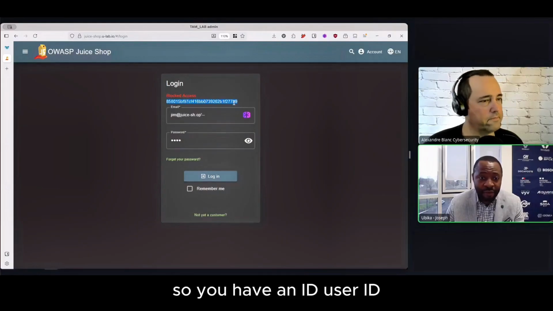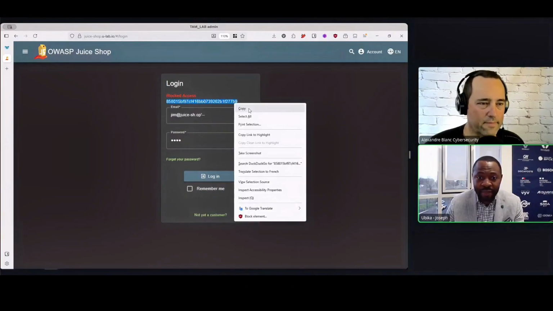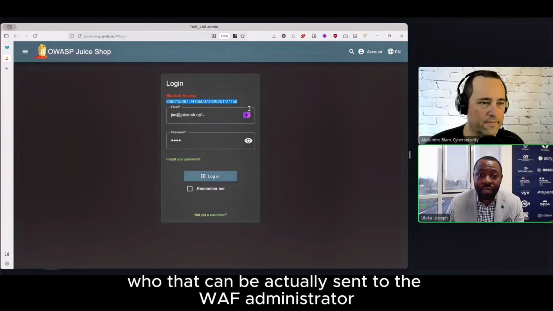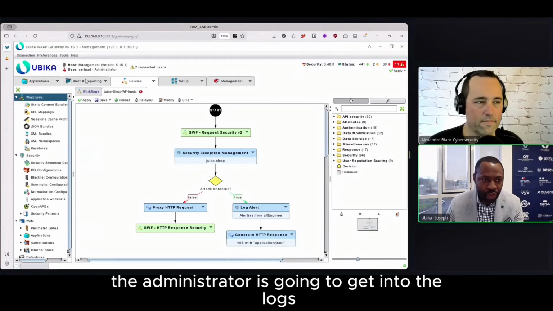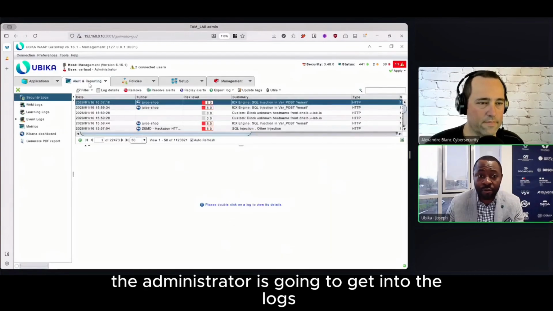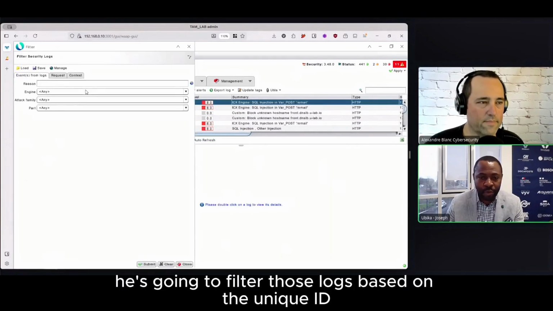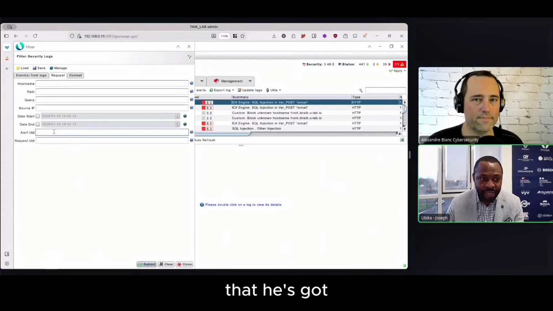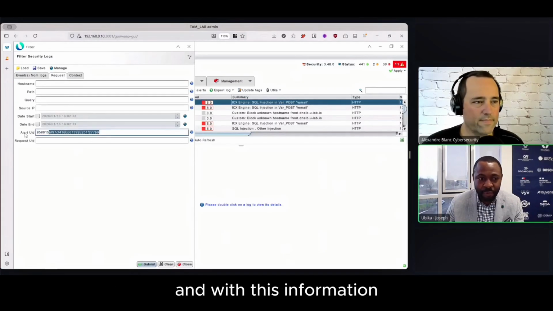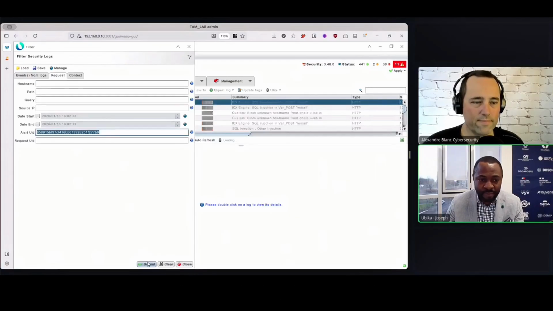So you have a user ID that can be sent to the WAF administrator. With this information, the administrator is going to get into the logs and filter those logs based on the unique ID that he's got. And with this information, he's going to find